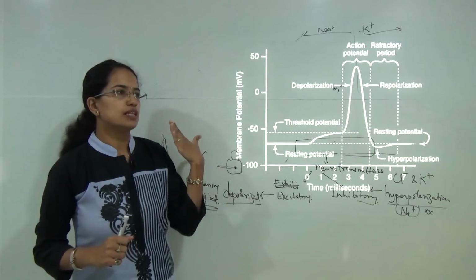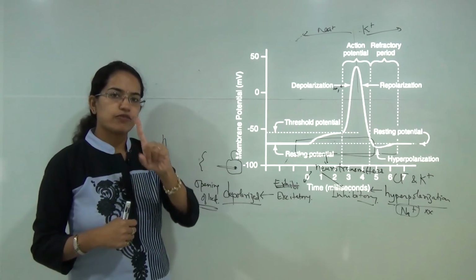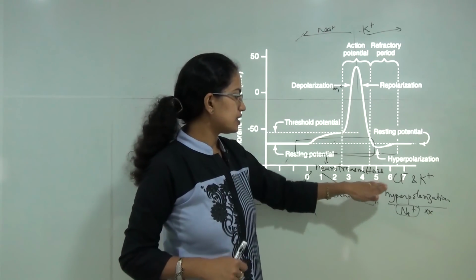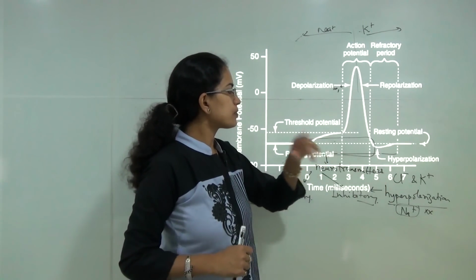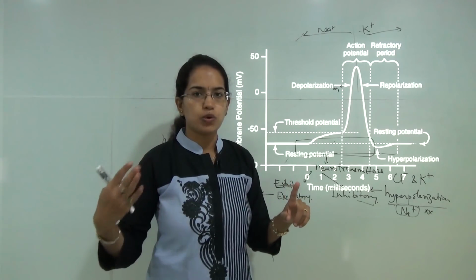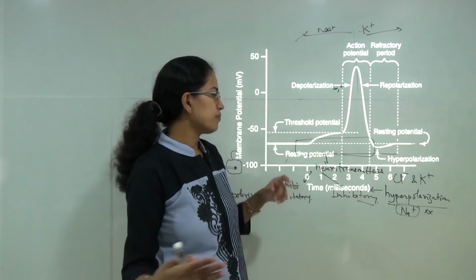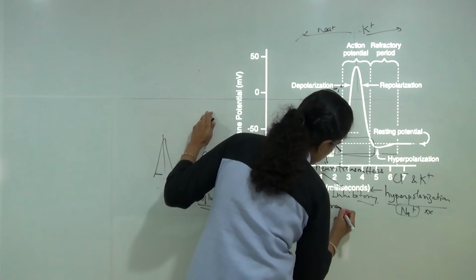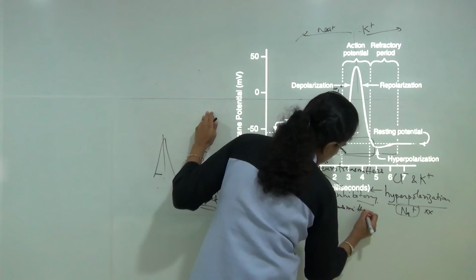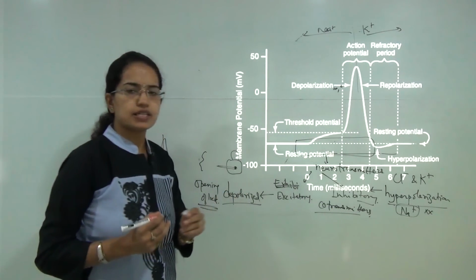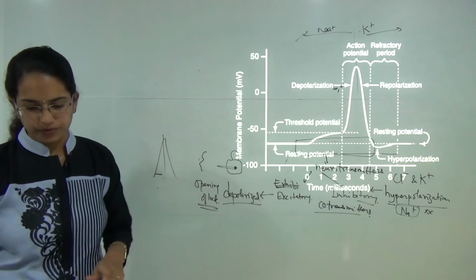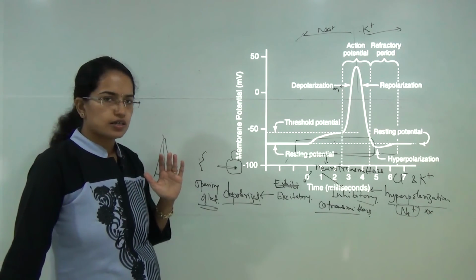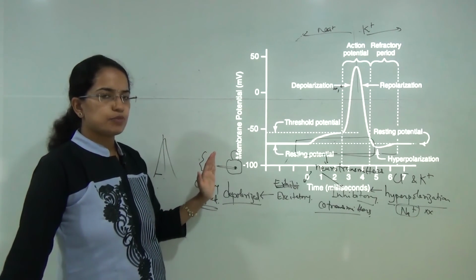Now again, till now many theories believed that one neuron could release one neurotransmitter at a time. However, recent studies have found that one neuron can release more than one neurotransmitter, and that process is known as co-transmission, where more than one neurotransmitter is released by one neuron. So with this we cover the concept of nervous impulse and the membrane potential.